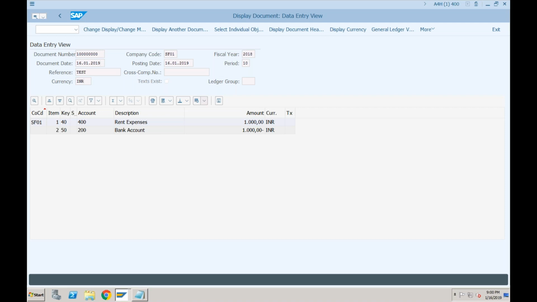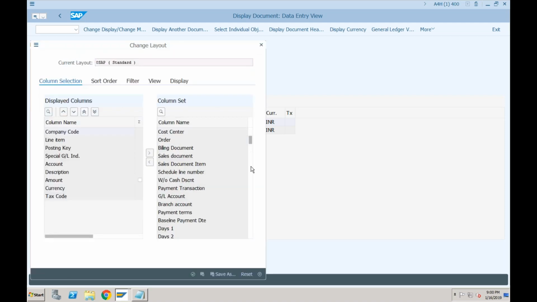If you want to change the layout, again same as in SAP ECC. If you want to know multiple currencies, you can see amount in currency 2, amount in currency 3, 4, 5, 6, 7, 8.